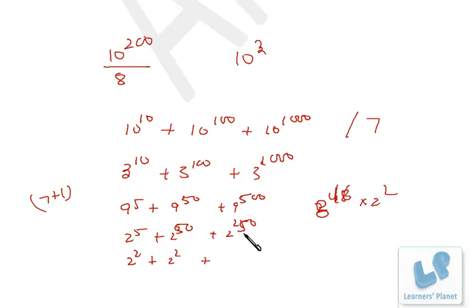And here also this was actually 500. So 500 is 2 raised to 498 into 2 square. 2 raised to 498 further will be able to convert into 8. So finally 2 square plus 2 square plus 2 square, that is 4 plus 4 plus 4, that's 12. Again 12 is divided by 7, the remainder is 5. Okay, so the final answer is 5, right?